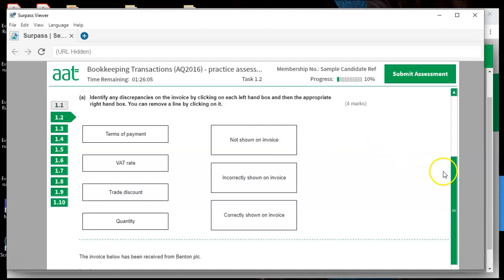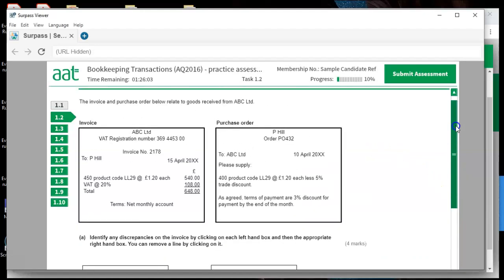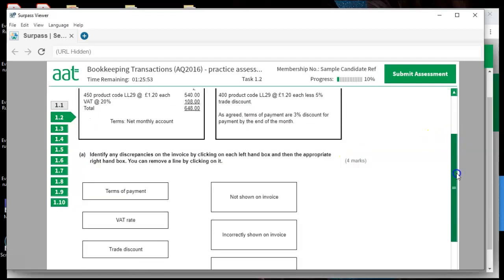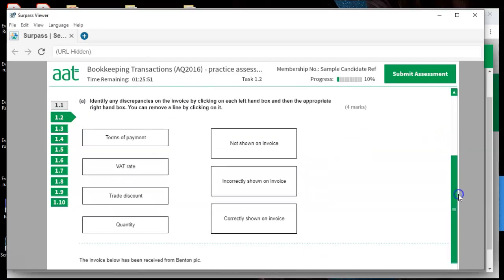Like see here, you need to identify discrepancies between these two. Okay, you ordered for 100, but they sent for 50, because this is invoice, that is purchase order. So quantity is incorrectly shown. So this box has to be connected to this box. So to do that, you click the quantity box and then you click on here and the line will come